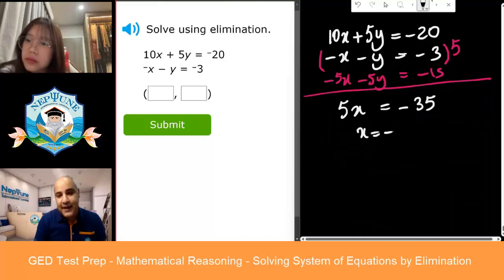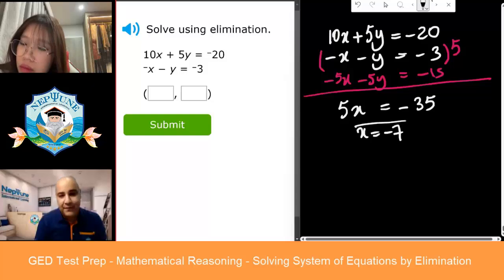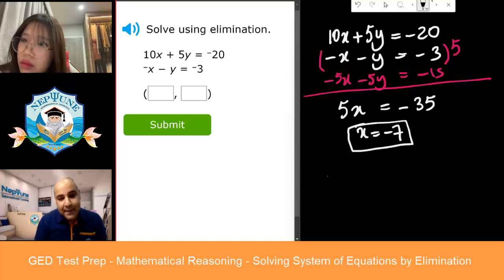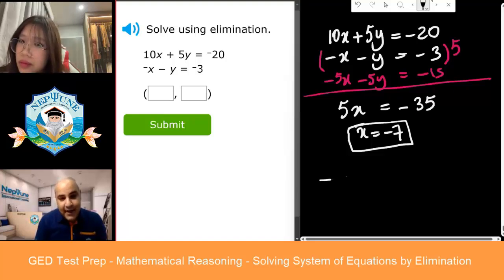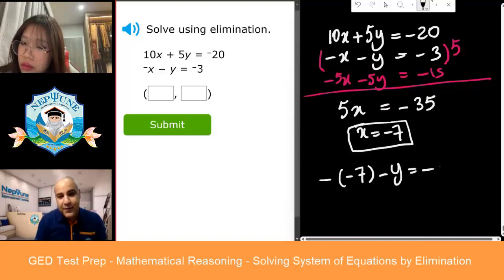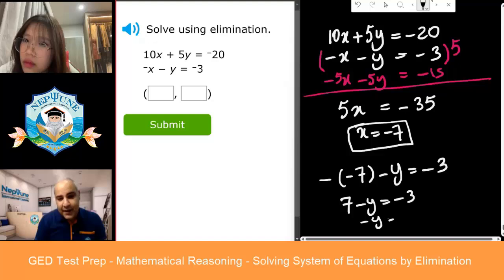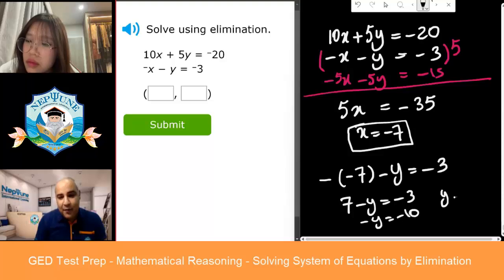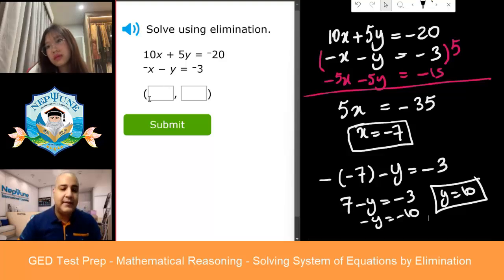So x equals negative 7. Negative 35 divided by 5, negative 7. I think the second one is easier to solve for y. So negative x, so I put negative 7, minus y equals negative 3. So that becomes 7 minus y equals negative 3. So minus y equals negative 3 minus 7, which is negative 10. And therefore, y equals 10. We get negative 7,